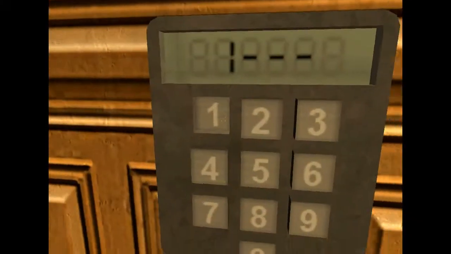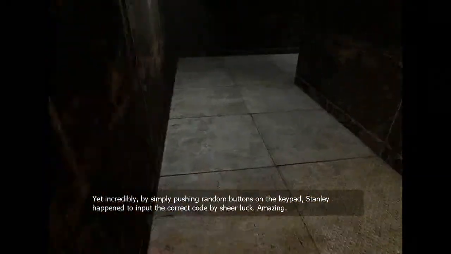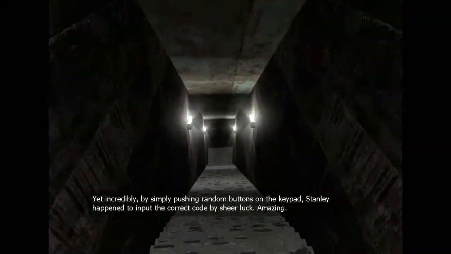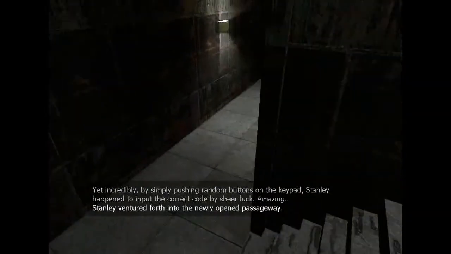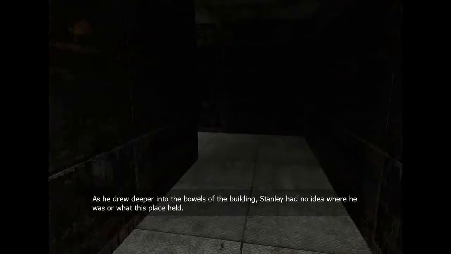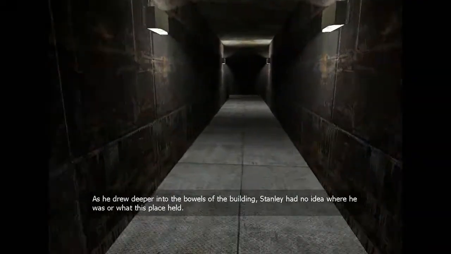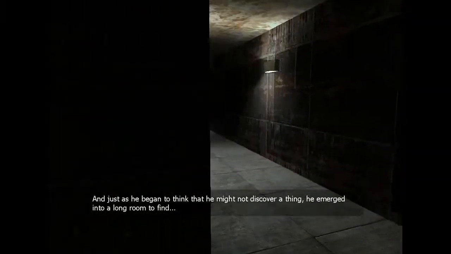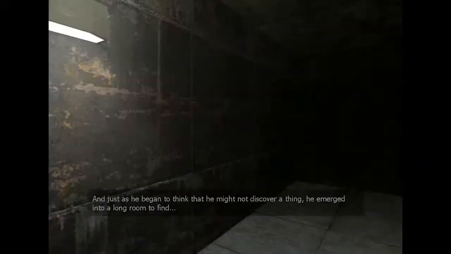Alright, let's try 1957. Yet incredibly, by simply pushing random buttons on the keypad, Stanley happened to input the correct code by sheer luck. Amazing. Stanley ventured forth into the newly opened passageway. As he drew deeper into the bowels of the building, Stanley had no idea where he was or what this place held. And just as he began to think he might not discover a thing, he emerged into a long room to find...